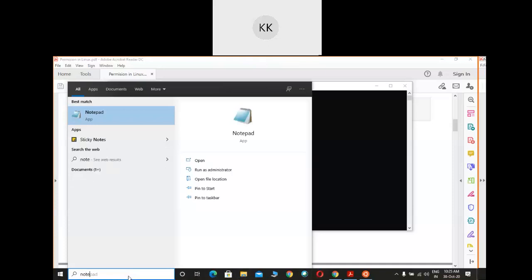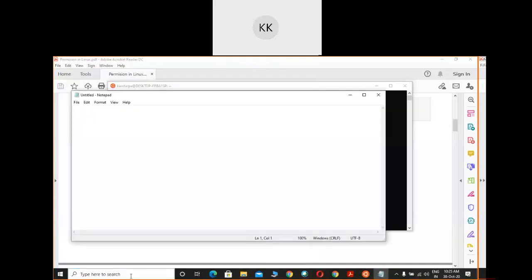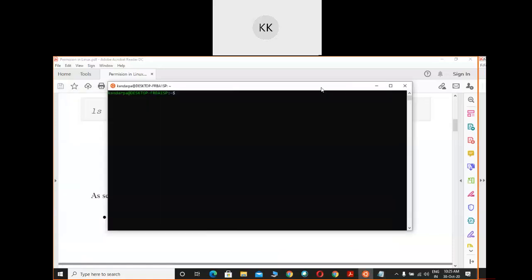Let me bring back the notepad. Bash shell. So what was shell? Can anyone tell me what is meant by shell? Anyone can say. Those who are attending the classes regularly might know it. What was the shell?